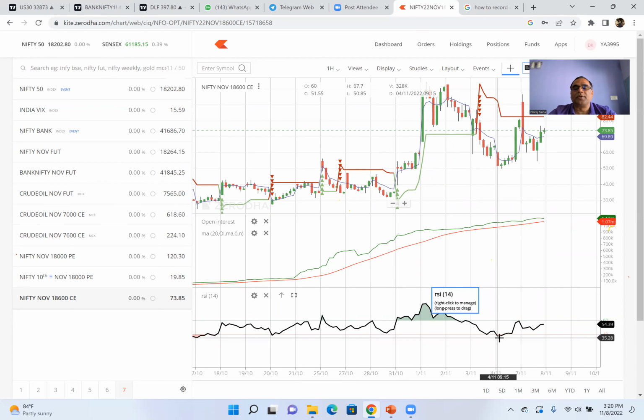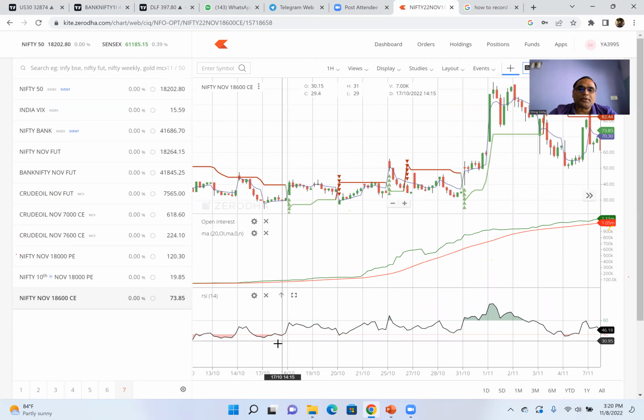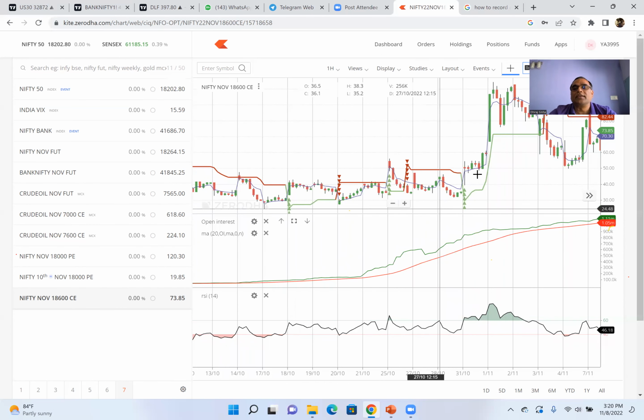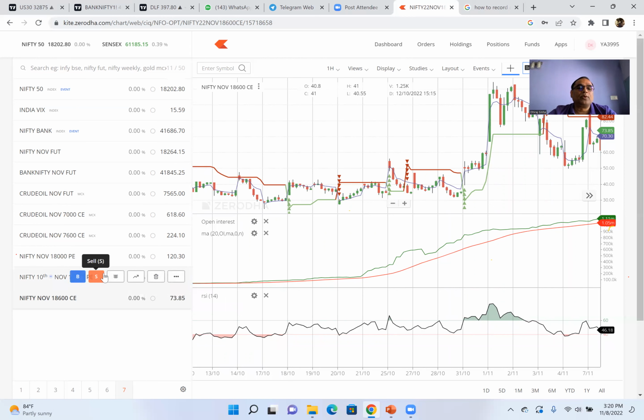For a very brief period, you got it to 40, but otherwise you can see from October 17th or 18th onwards, nowhere has our RSI gone. All the conditions which I talked about have not been met, so we wouldn't have done it. At the same time, you look at this 18,000